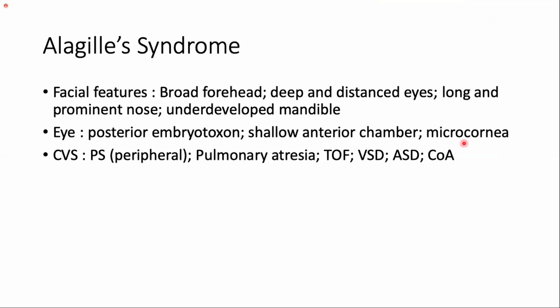So we're going into Alagille syndrome. Alagille syndrome is one of the syndromes with microdeletions of chromosome 20p12. It is one of the causes of conjugated hyperbilirubinemia, because there will be bile duct paucity, meaning the bile duct will not be in a continuous stream. There will be some paucity in between, so there will be biliary outflow obstruction.